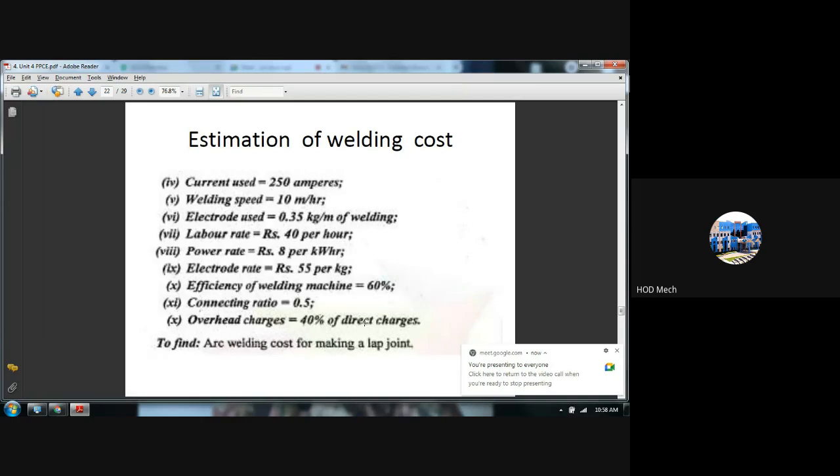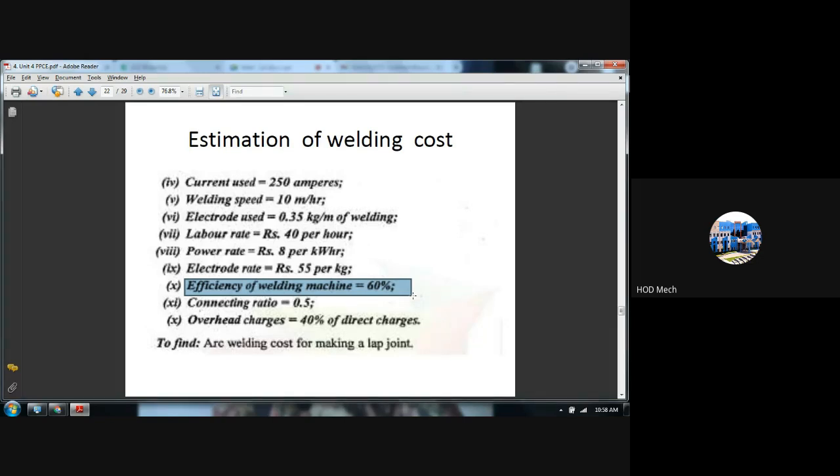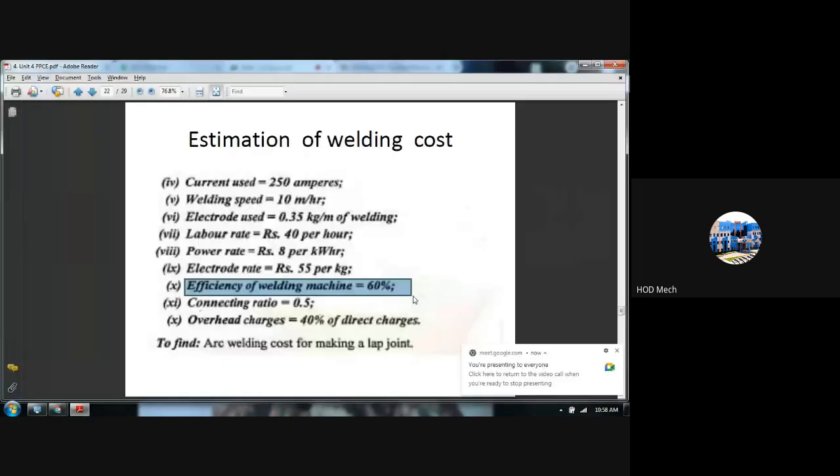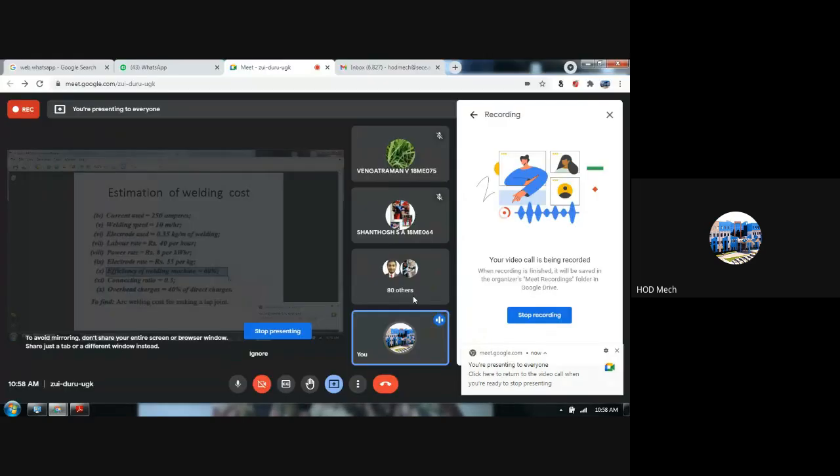Now what are the assumptions you have to take into account? If the efficiency of the welding machine is not given, you can take it as 60 to 70% efficiency of your welding machine. Definitely it should not be 80 to 90. So you have to stick with a minimum zone or approximate level of efficiency, and I will let you know that it should be between 60 to 70%. So when you have that criterion, when you read through the problem and you find that